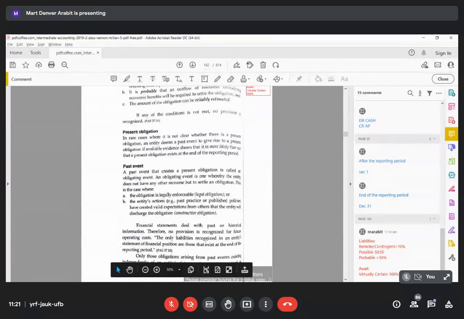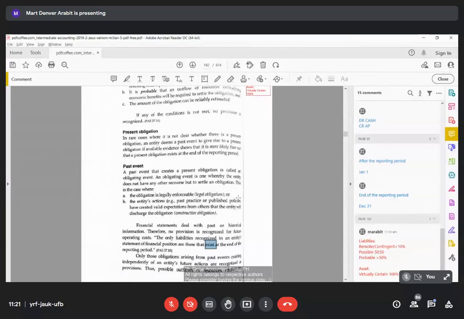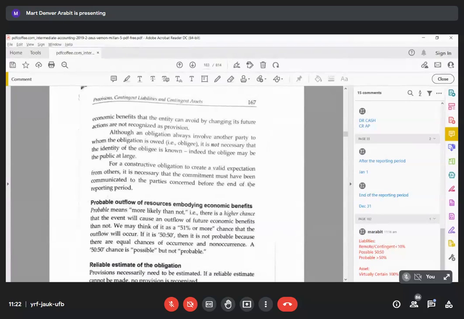So already exists, meaning it is incurred. So yun lang yung pwede tayo mag-record ng provision. And kailangan nating i-recognize as well since it is already incurred. Only those obligations arising from past event existing independently of an entity's future actions are recognized as provision. So the possible outflows of economic resource embodying economic benefits that an entity can avoid by changing its future actions are not recognized as provision. So ang example nito is